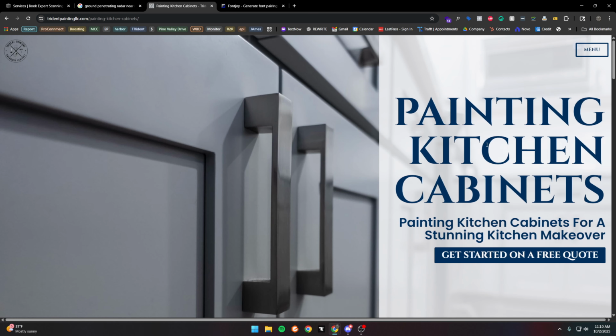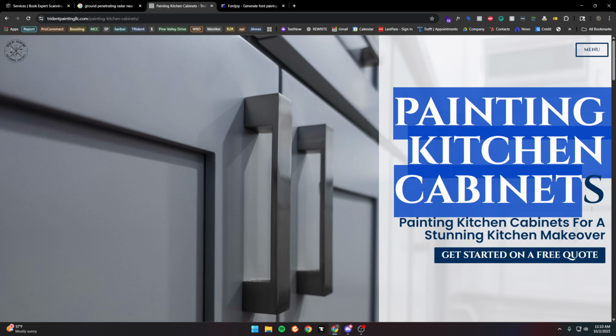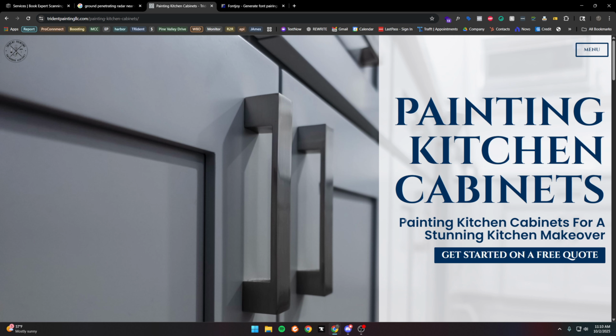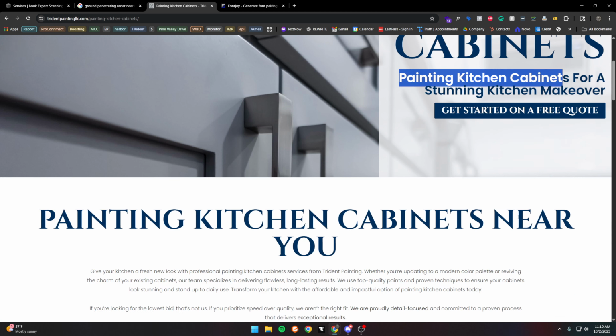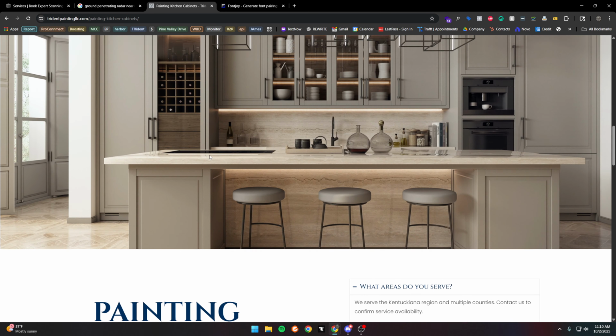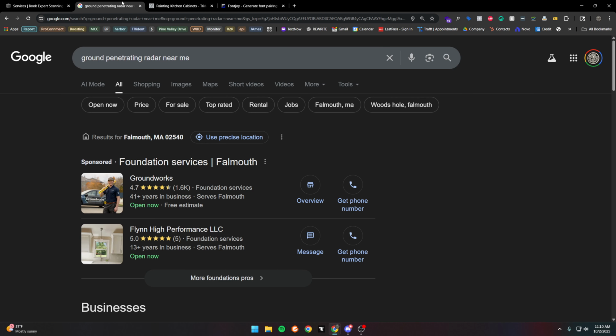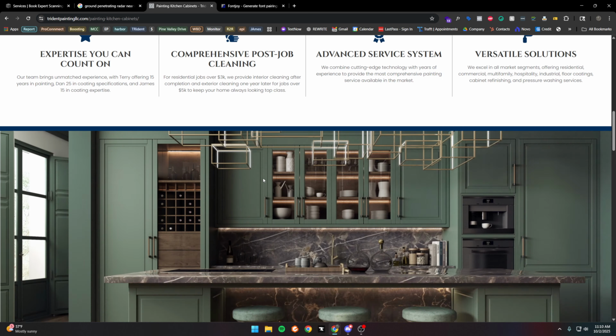These landing pages optimize for the most relevant keyword in their market. It's specifically phrased this way instead of cabinet refinishing. There's multiple ways to say it, but I'm specifically using painting kitchen cabinets because that was the most popular keyword